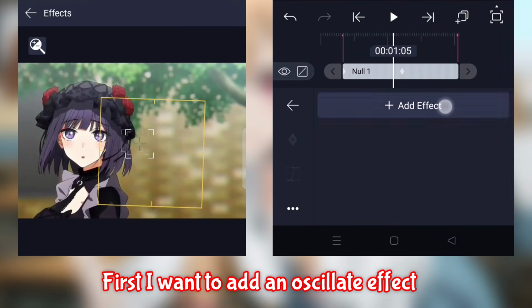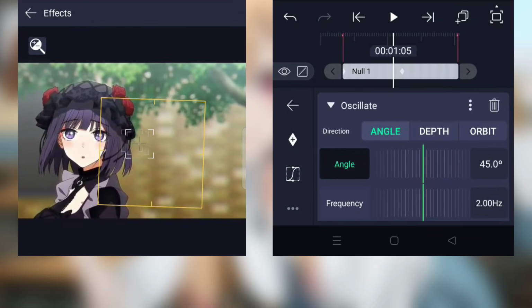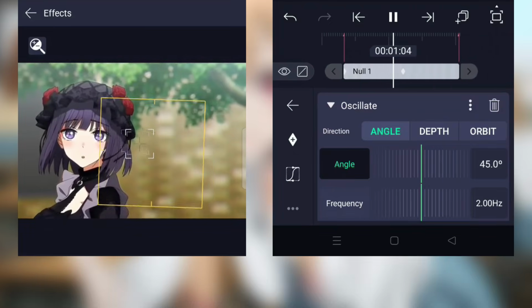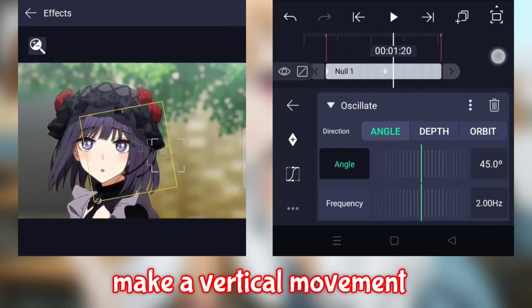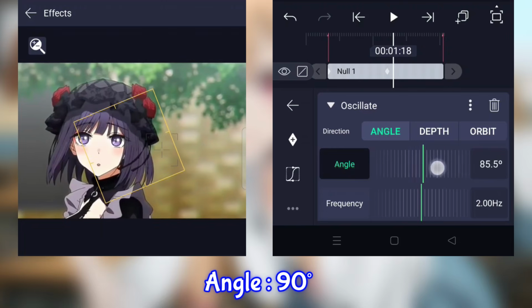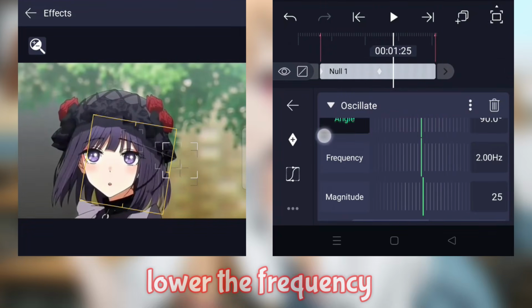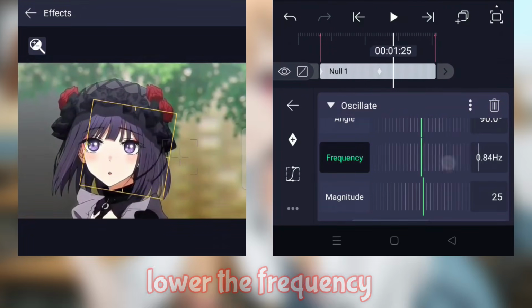First, I want to add an oscillate effect. Make a vertical movement. Lower the frequency.